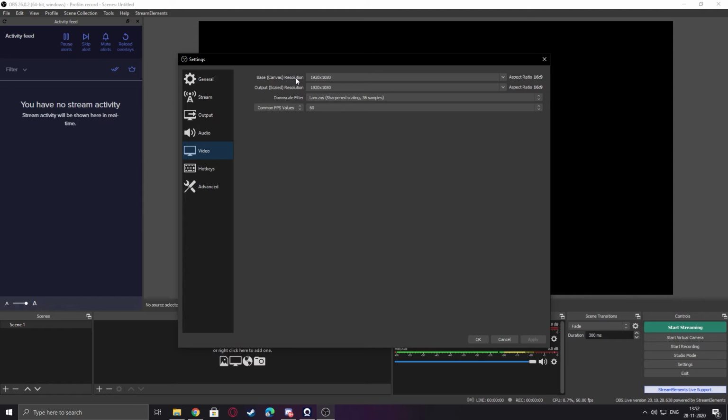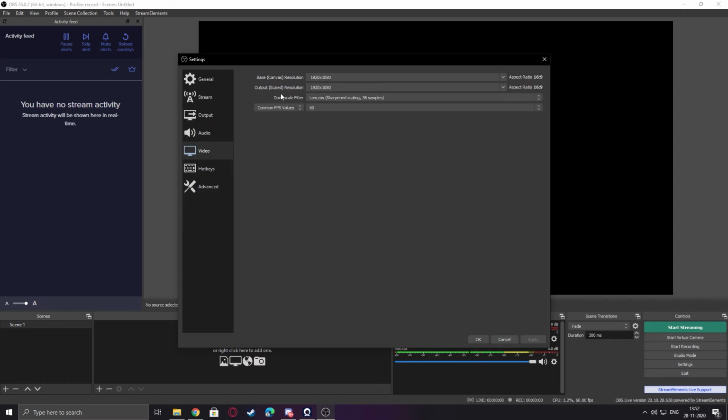If you've got an old monitor, an HD ready monitor, it should be 1366 by 768. If you've got a high end monitor, it should be 2K 144Hz, which is 2560 by 1440. Choose the resolution you play a game at. If you have a 4K monitor, it's 3840 by 2160. So set it to whatever your base resolution is.